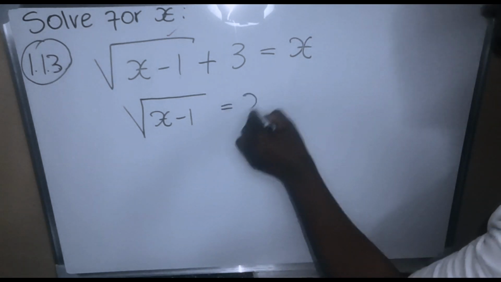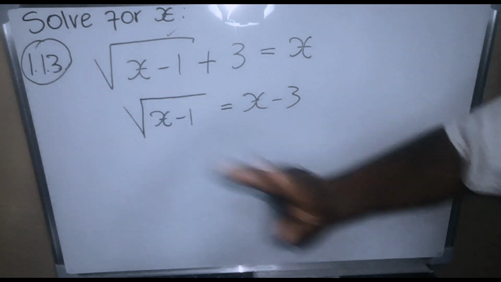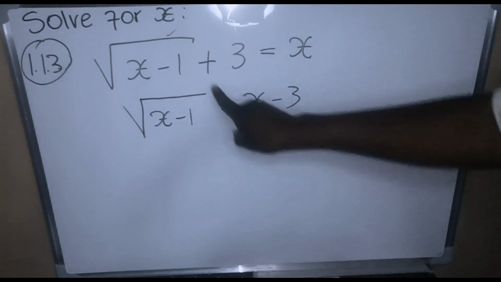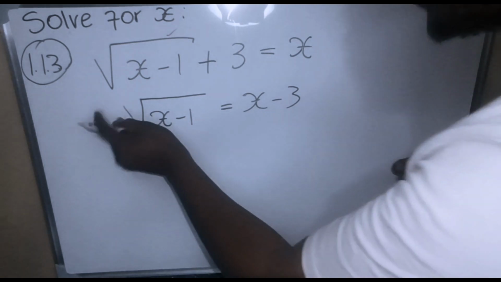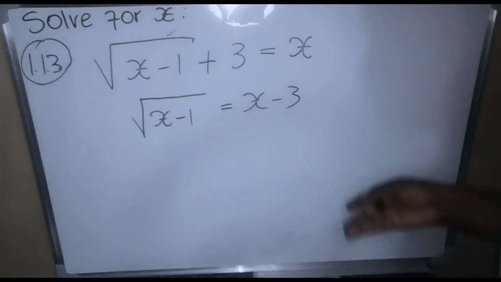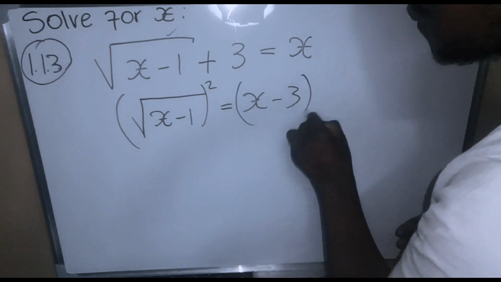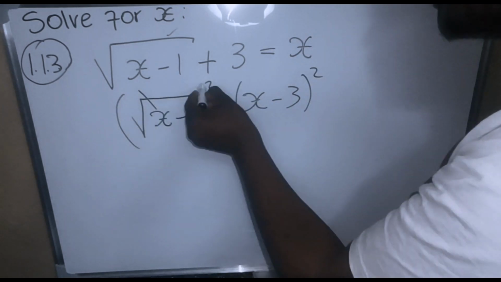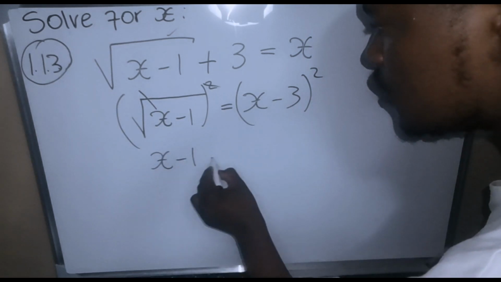It's going to be x minus 3. This is our aim. You must be left with this thing only, if and only if there's positive or negative in the middle. I hope we are clear. Then you square. To remove the square root, you square both sides. Then this square will remove the square root and we are left with x minus 1 equal to